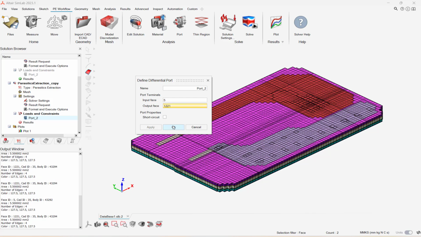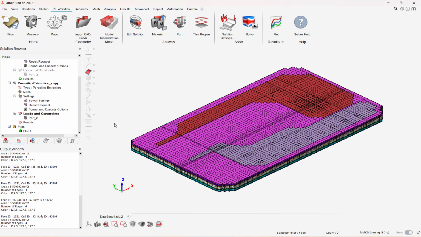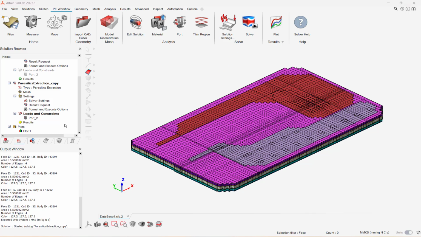Finally, click on OK. Now click on Solve to solve this model. You can see again the result icon turned to yellow. And also you can see in the output window that it started solving parasitic extraction copy.